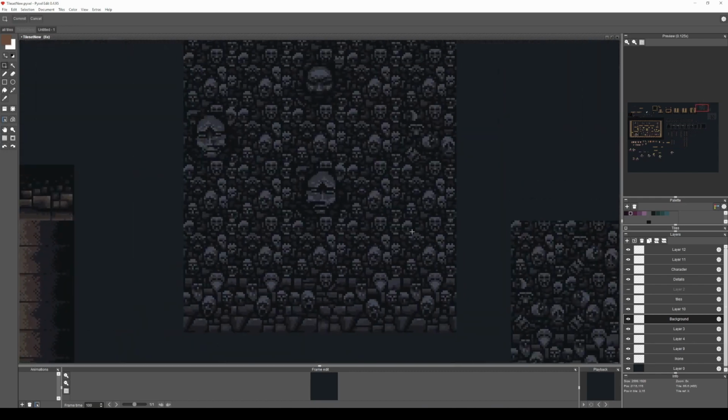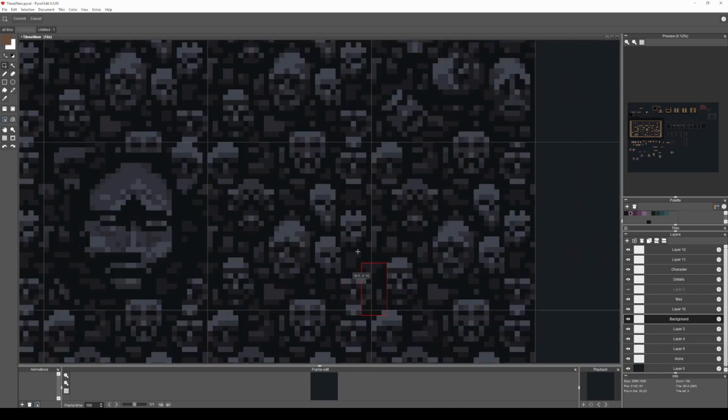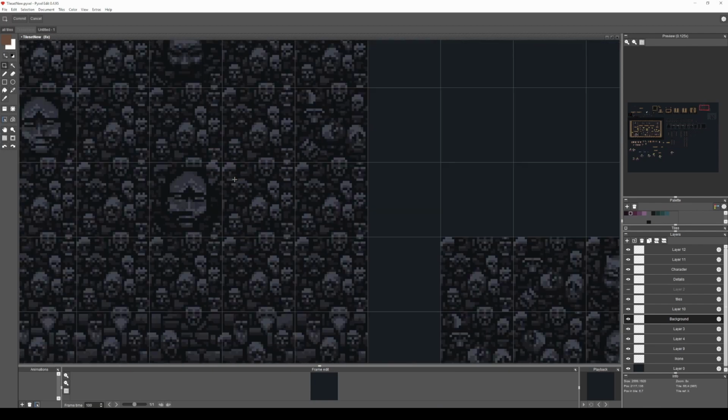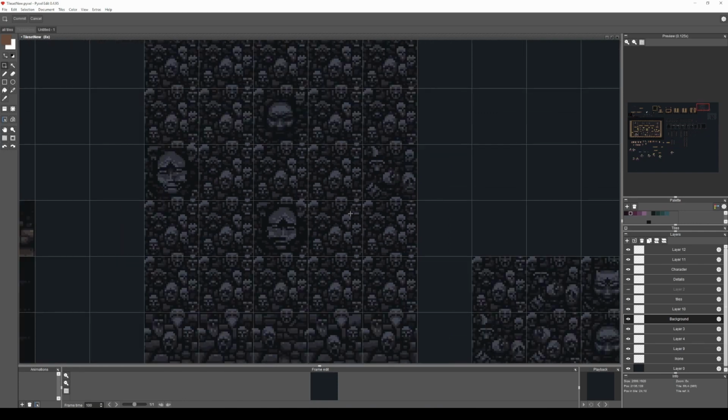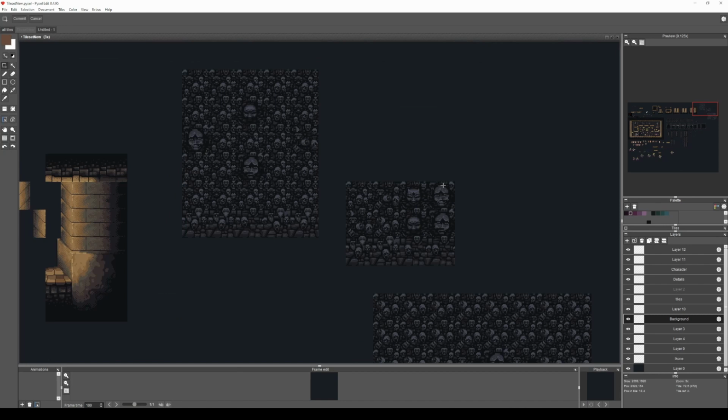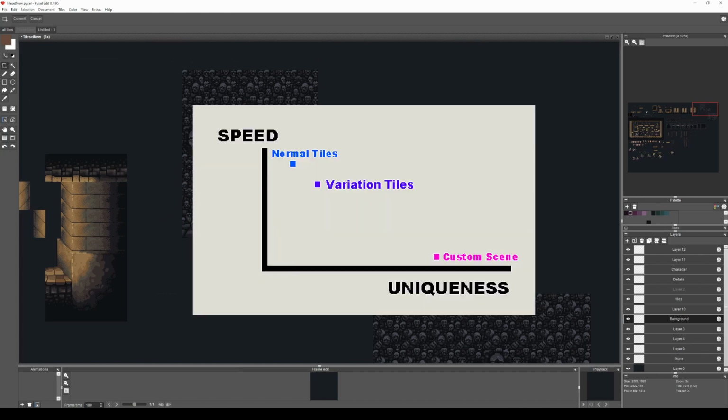So this is the secret tip. Just keep the edges of your tile the same and change the middle a little bit. You can also extend this technique to something a bit more complex if you really want to, but I think this works just fine. To conclude, in my opinion, this is the sweet spot where you don't have to create the entire scene each and every single time from the ground up,